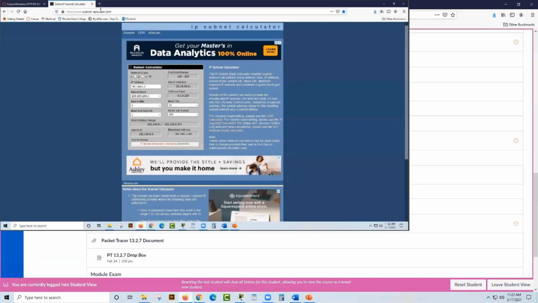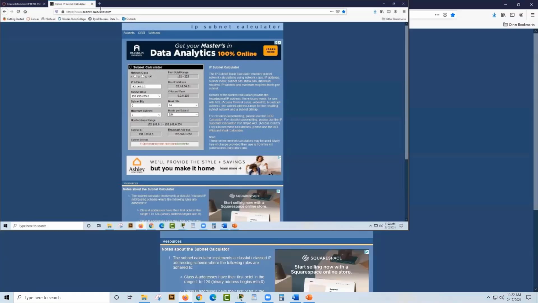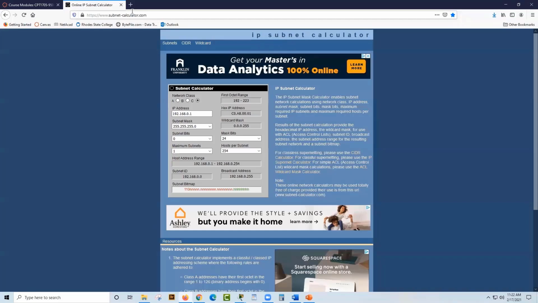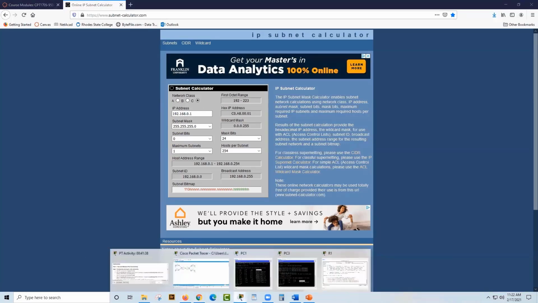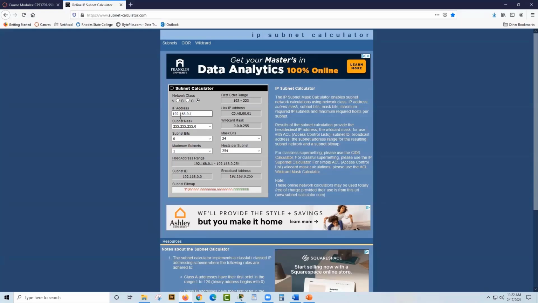And if you ever want to play around with this, you can go online and look for subnet calculators. You should know how to subnet. It's okay to use a subnet calculator to check yourself with the learning process. This is www.subnet-calculator.com. And I'm just going to draw your attention to one of those networks we were just looking at, like 10.10.1.4. If we plug that into the subnet calculator,